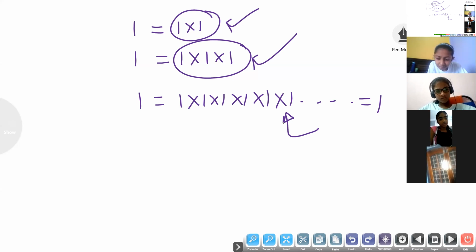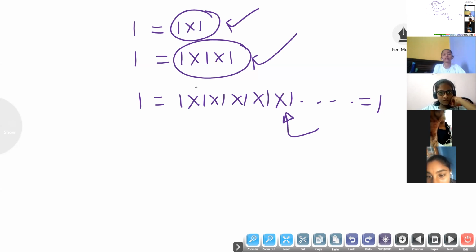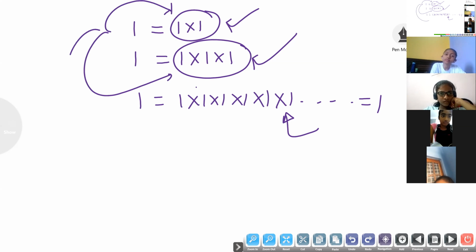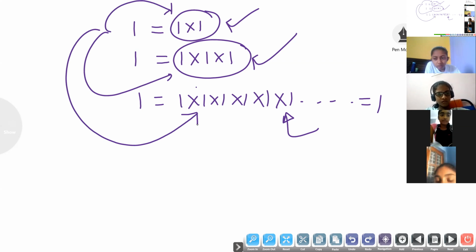I can write 1 is equal to 1 into 2. I can say this is a prime number. Again, I am writing 1 is equal to 1 into 1 into 1, more than 2 factors, a composite number. First a prime number, second a composite number. If I write 1 into 1 infinite times, 1 will come. Means the character of 1 is not fixed. The value of 1 is not fixed. He is going anywhere. He wants to join here also, and here also. That's why 1 is not fixed. That's why we can say, brother, you are alone, you can go anywhere. That's why 1 is neither a prime number nor a composite number.